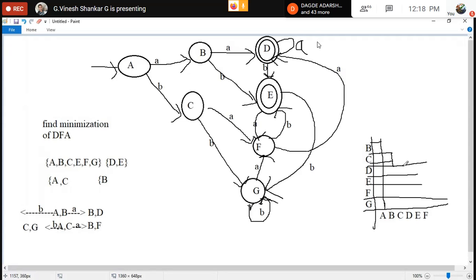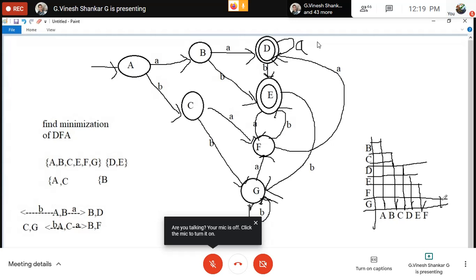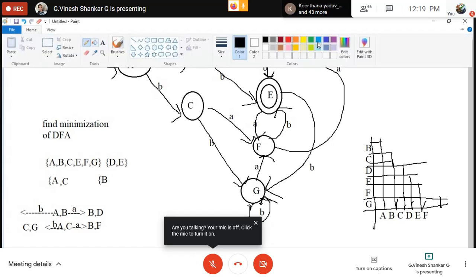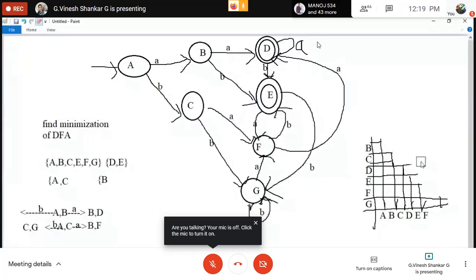This will become 3. This will become 4. Where do you have to draw? Till here. Then 3 means you should draw till C. Then 4 means here like this. Then 5 means here like this. And this is your table. Okay, this is your table. Roughly I have drawn. You can draw with the correct picture afterwards.